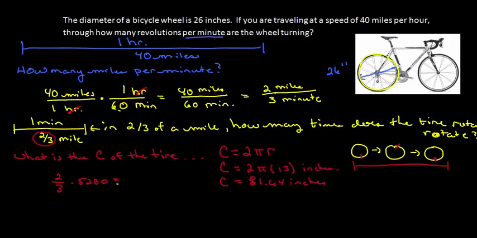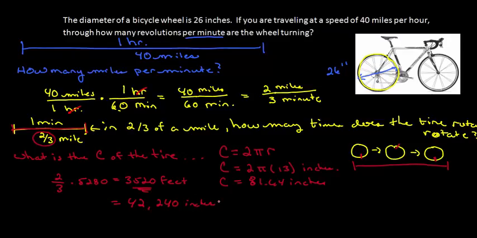I'll take 2 times 5,280 and divide that by 3, and I'll get 3,520. So this length right here in the yellow is 3,520 feet. How many inches is it? We'll just multiply that number by 12, and we'll get 42,240